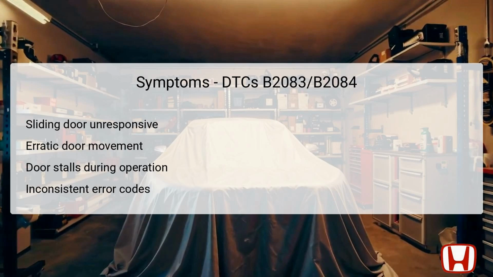Another possible symptom could be stalling during the operation, where the door may pause and fail to complete its full range of motion. Owners may also find that error codes appear intermittently, suggesting possible electrical issues rather than a consistent fault. By identifying these symptoms, technicians can focus their attention on specific components and wiring that may be causing the